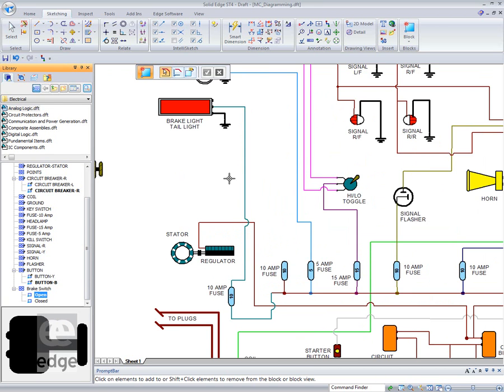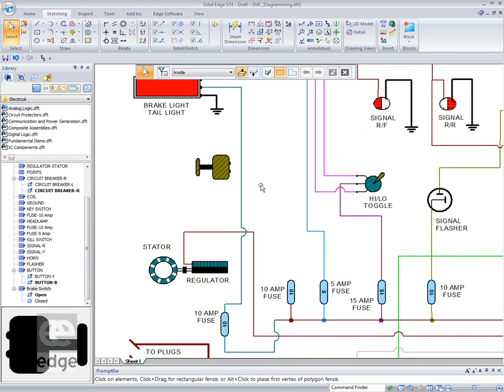So I want to place my brake switch now in this line. So we're just going to pull our brake switch in and put it about there somewhere. Or I might want to flip it over. So if I use the A key, it will rotate anti-clockwise, A for anti-clockwise, and the S key, which just happens to be the one next, it will rotate it clockwise. But I want it over like this, so I